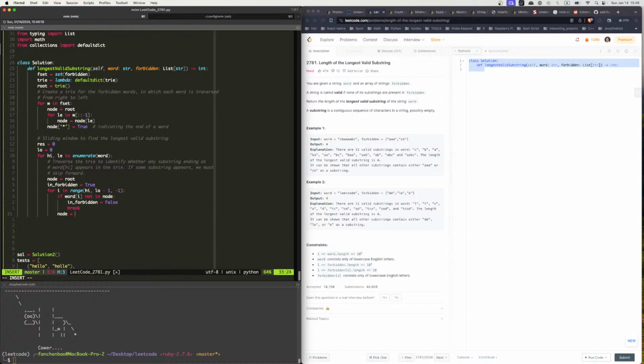Otherwise, node will equal to word I, and then we try the next one. If it's not, blah blah blah. If it's in at the end,